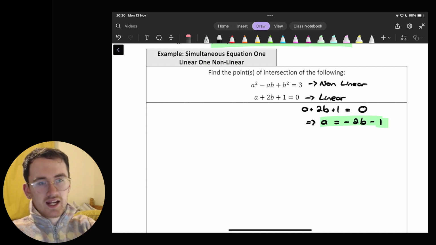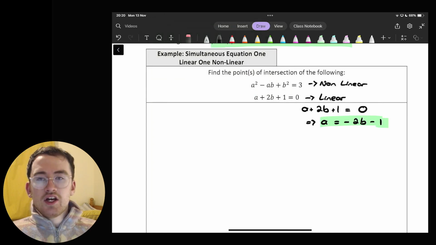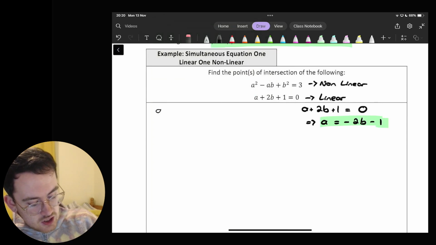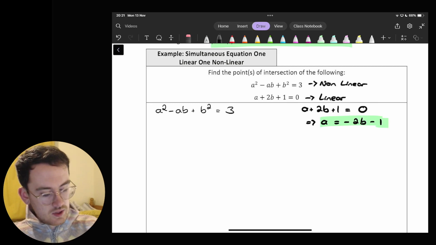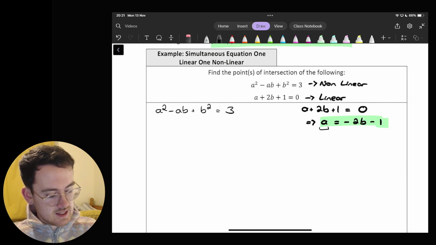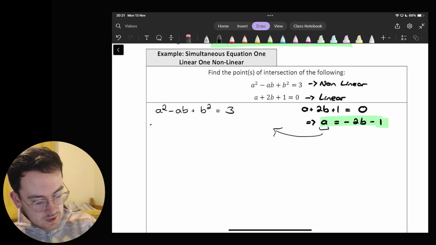Okay, let me just make that pen a bit thinner. It's a little bit harder to read there. So let's just go now with the initial equation. So a squared minus ab plus b squared is equal to 3. So what I'm going to do here is take the equation that I have over here in terms of a, and anywhere that I see a, I'm going to fill it in to this equation on the left hand side. So we can see straight away minus 2b minus 1 squared minus b times minus 2b minus 1,